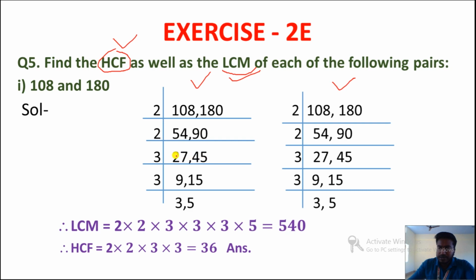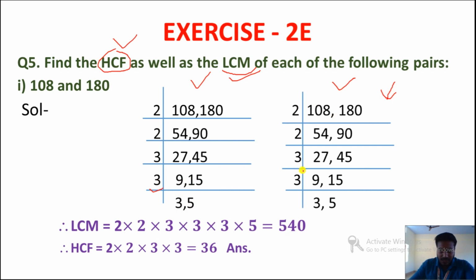Alright, now by 2 we can't divide these two numbers. We'll go for the next prime number and check whether these two numbers are divisible by 3 or not. Okay, so easily we can divide both numbers by 3. So we'll take 3 and divide. When we divide 27 and 45, we'll get 9 and 15. Okay, and this 9 and 15 we can still divide by 3. So we'll take 3 and divide these two numbers. When we divide, we'll get 3 and 5. Am I clear to you all? Now the same thing is here also, because for HCF also we have to do the same process.